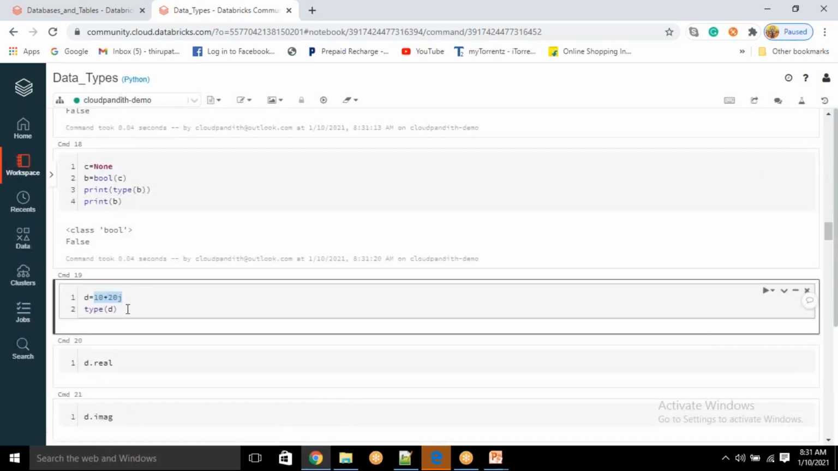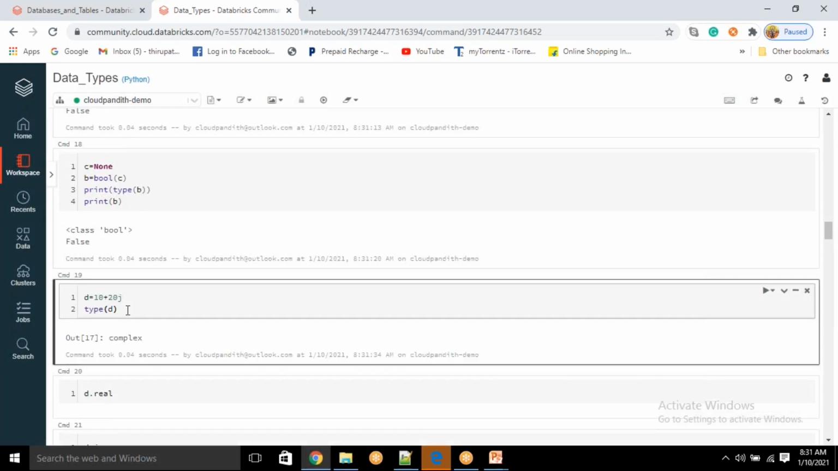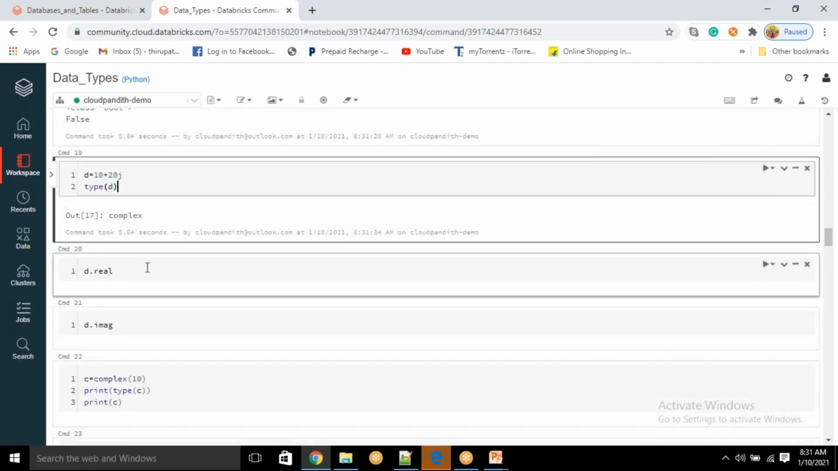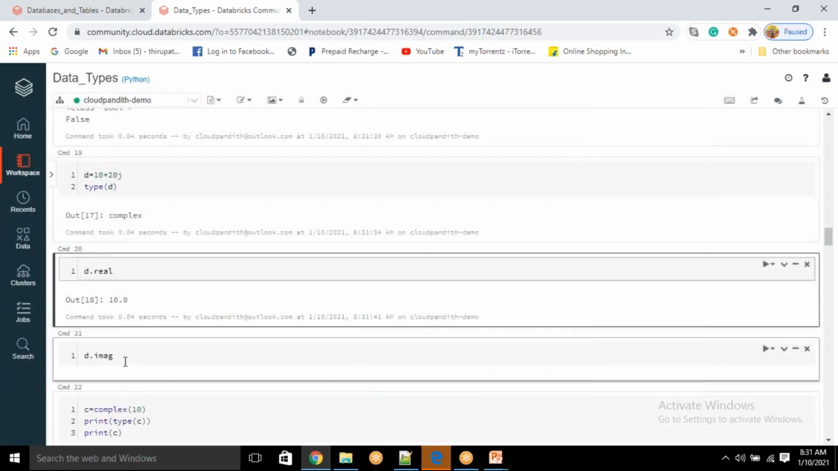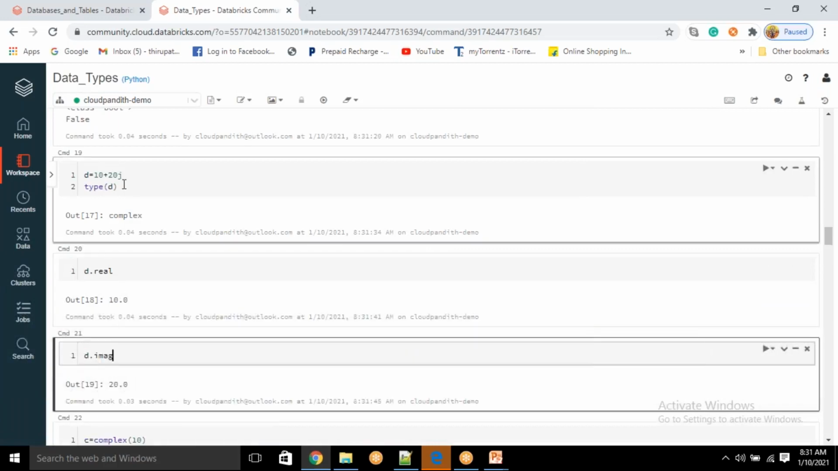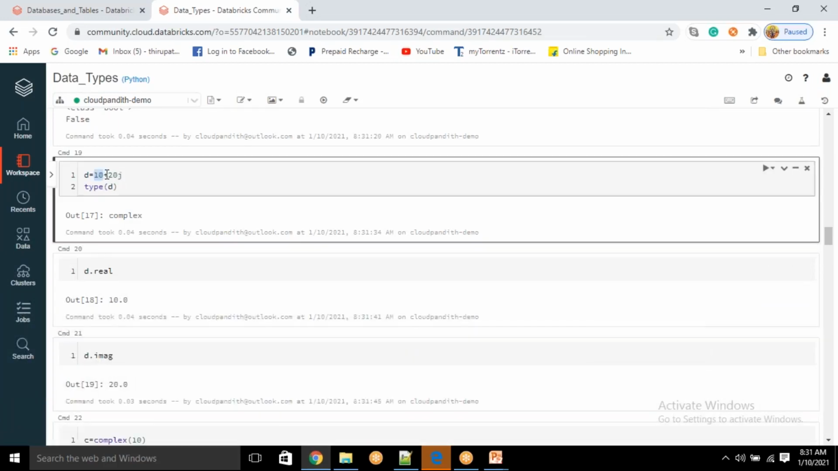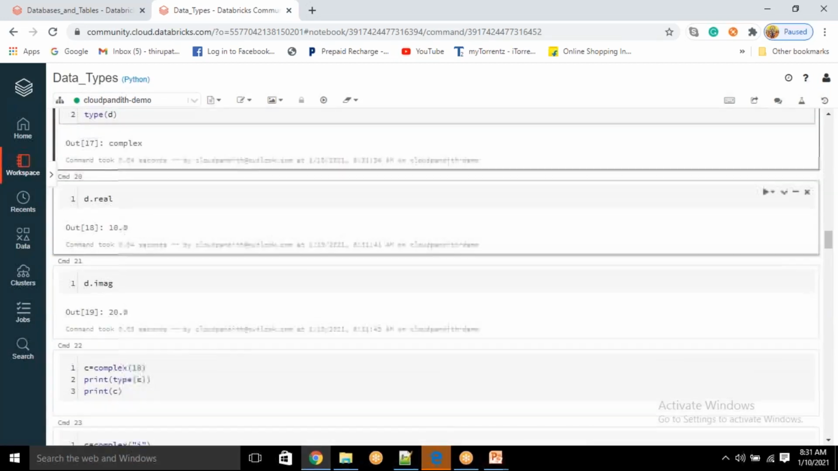Next, D equal to 10 plus 20j, type of D. What is the type of D? It's a complex. D dot real is 10. Okay, the imaginary part in that complex value is 20. This is the real, this is the imaginary. Next,